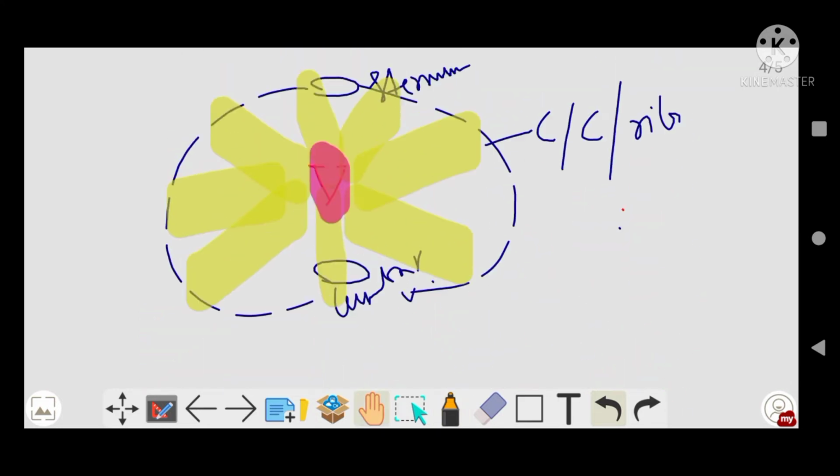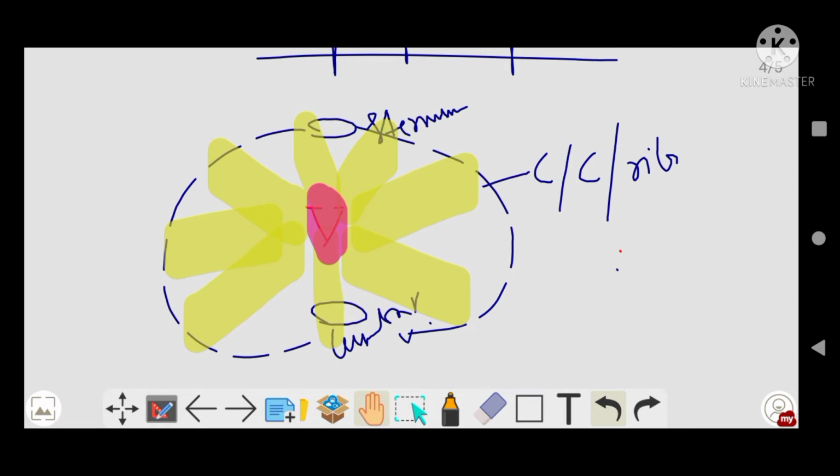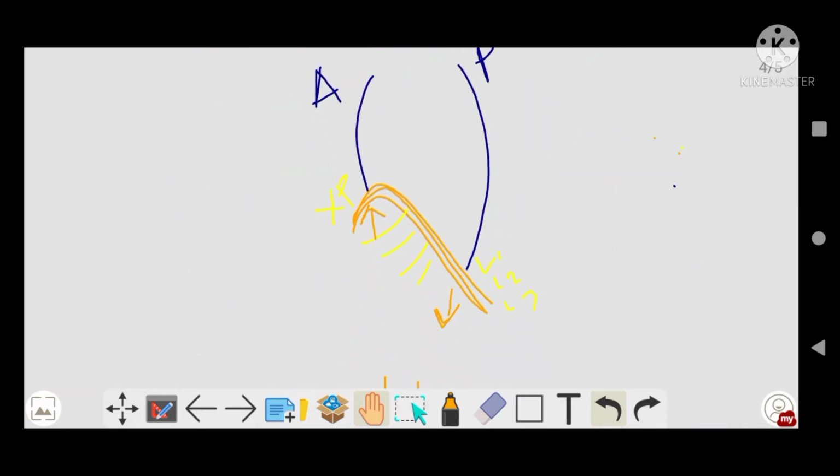I will revise for you. First we drew the schematic view of the diaphragm. Above it is attached, above there is sternum, below there is lumbar vertebra, and surrounding there is costal cartilage or ribs, and in between there are muscle attachments of the diaphragm. But the portion of the diaphragm where there is no attachment is your central tendon, right?